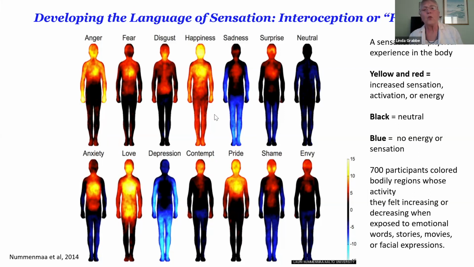So this was a piece of research done on 2 continents, and the subjects were shown images or text which elicited these emotions across the top. And they registered on a computer areas of energy or activation, which is the yellow and red. So look at happiness. It's this glowy feeling all over the body. And in love too, but look, in anger, we have this lit up as well, but for different reasons, fight and flight. The black is neutral and the blue is no activation, no energy.